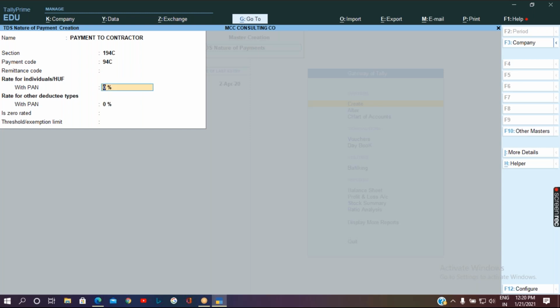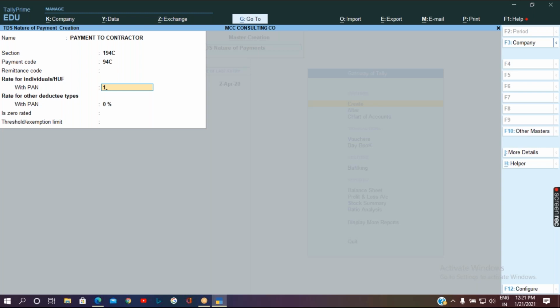The next, rate for individuals or HUF. So what is that percentage we are supposed to apply? As per the information we have gathered, if the contractor belongs to individual or HUF, then we are supposed to deduct at 1%.